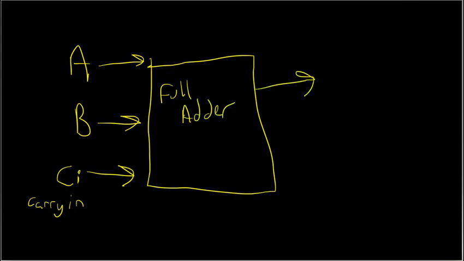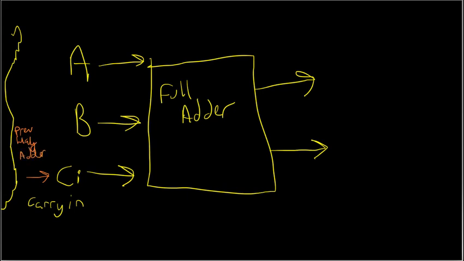End result, two outputs. Now let's imagine that this full adder is a part of a larger circuit where there's other adders beforehand passing on data. What CI would be is the previously carried in bit from the previous half adder. So it'll be from the previous half adder. For example, it'll be passing on its carry to this sum, so we can carry it on in our calculations,